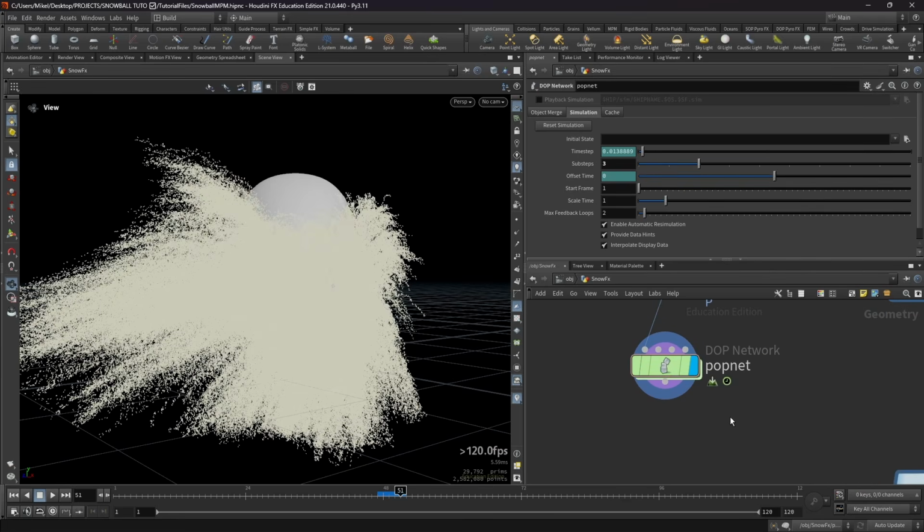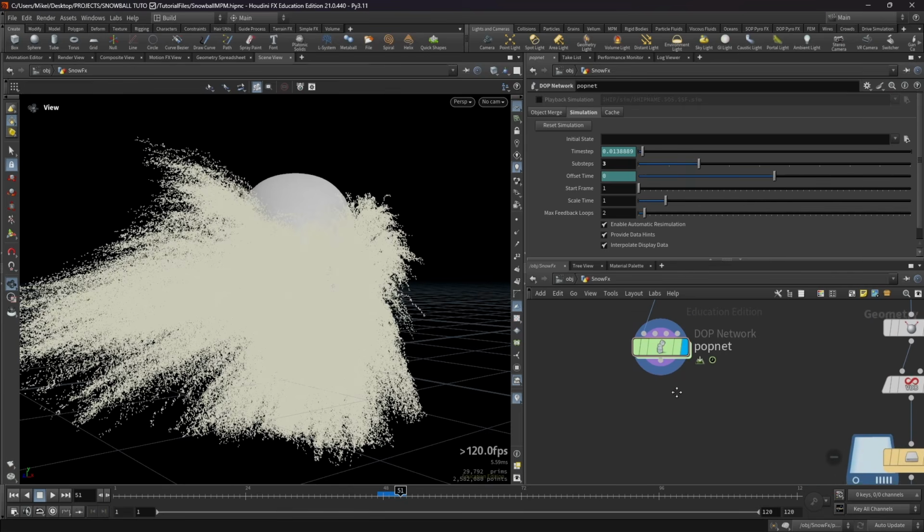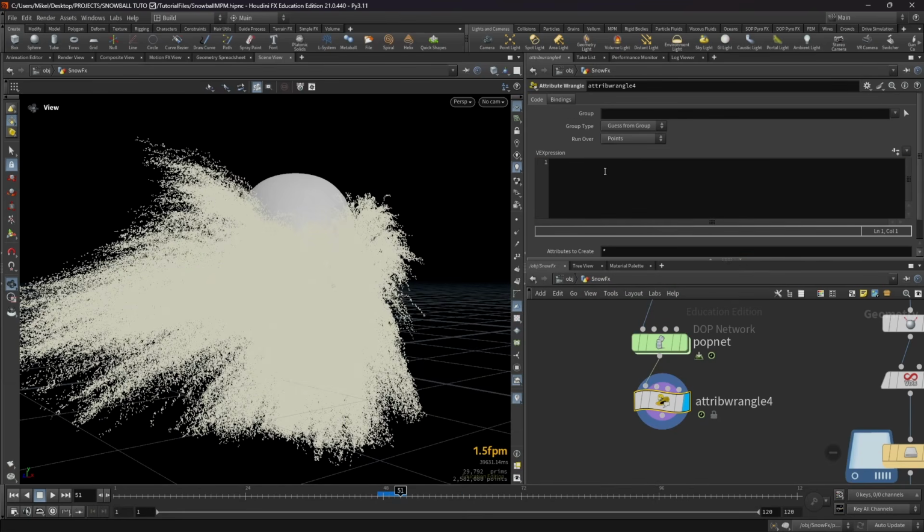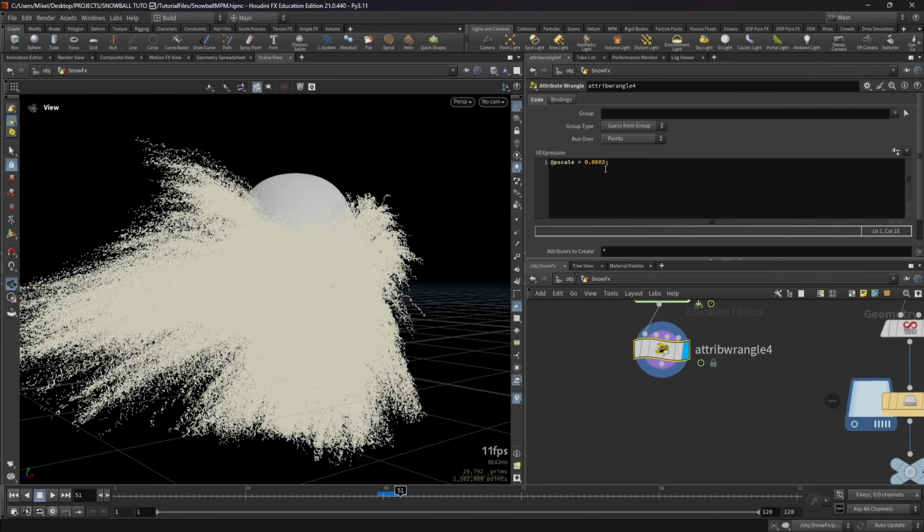But as you know, and as I did a few times on this tutorial, we are going to compress these points a lot so we can save disk space. So let's start first by adding an attribute wrangle, and I'm going to create my p-scale for later. So p-scale equals 0.0003, which is our p-scale from our snow value. And now let's start by